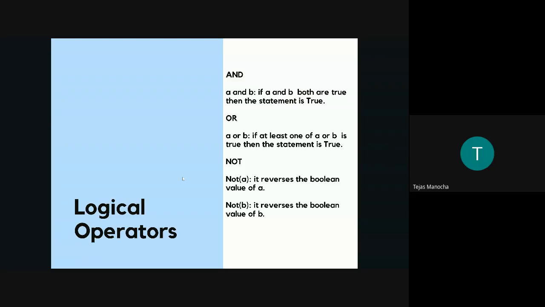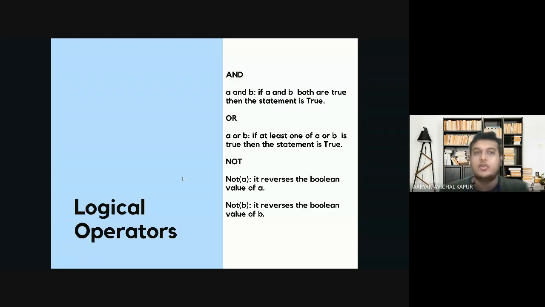Aryan, could you please repeat the not part? Yes, sure. So, not actually means that we will be reversing the Boolean value. That means if the value inside the bracket returns true, we shift it to false. If it's false, we shift it to true. So you simply take not as the not-equal-to mark, the exclamation, treat it as that. We simply reverse the Boolean value. Does that clear the query? Yeah, perfect. Are we clear with this?